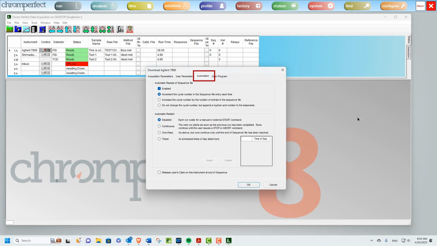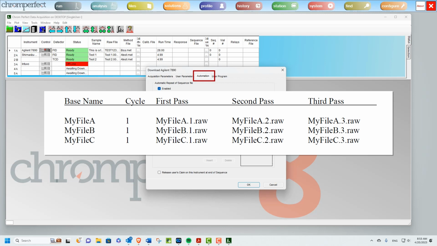If the sequence file entries all have unique base names and identical cycle numbers, then the first option is appropriate. The first pass will use the base name and cycle number in the corresponding sequence entry, and in each subsequent pass the cycle numbers will increment by 1. In this case, the base name identifies the sequence entry, and the cycle number identifies the number of passes through the sequence file. For example,